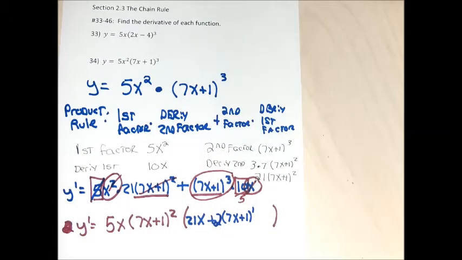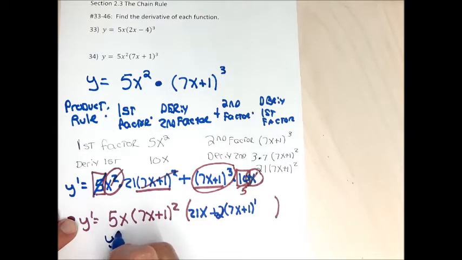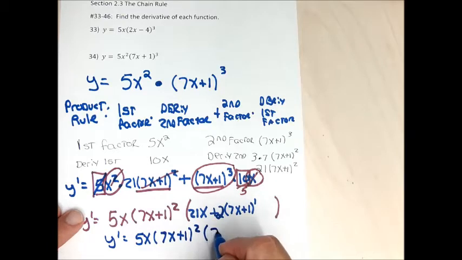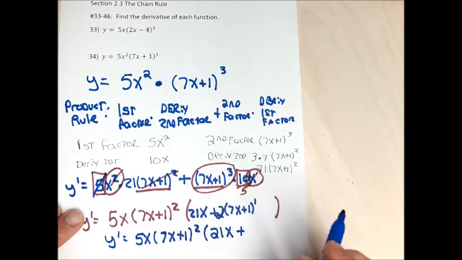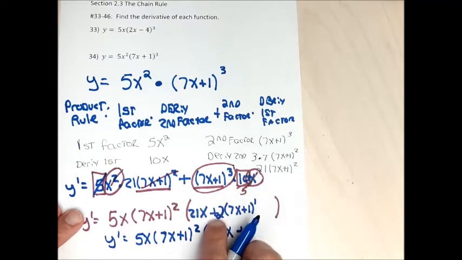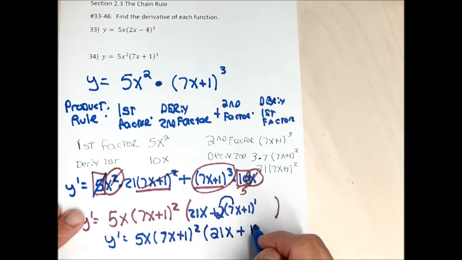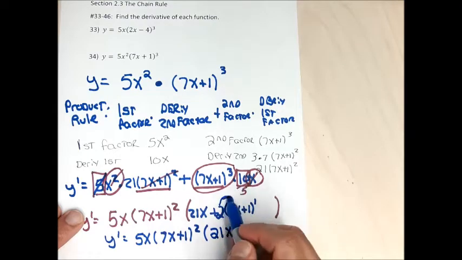So inside this second parentheses, I'd probably clean that second parentheses up to get the best possible answer for this. Inside that second parentheses, I have 21x to the left of the plus sign, and then after the plus sign I have a parentheses with a number in front of it. I'm going to clear that parentheses by multiplying 2 times 7x and getting 14x, and 2 times 1 and getting